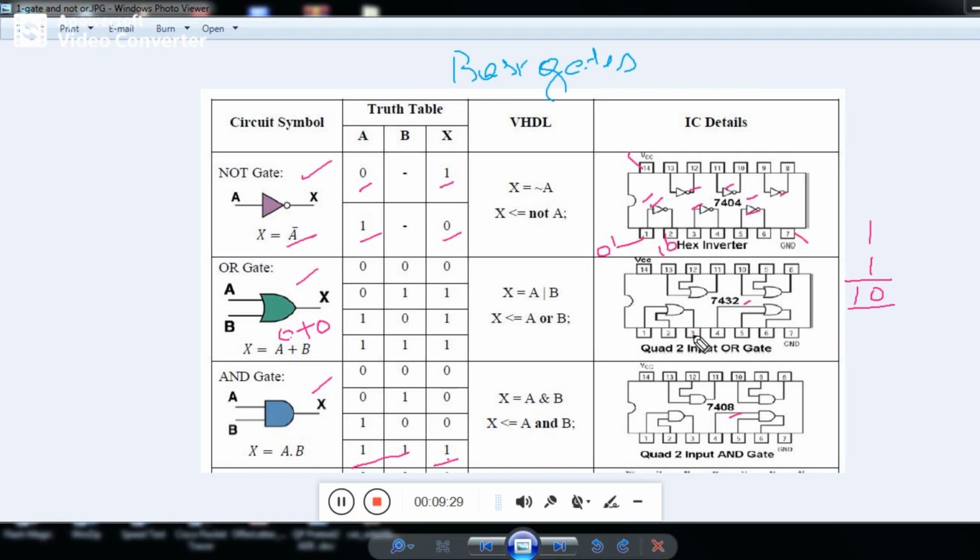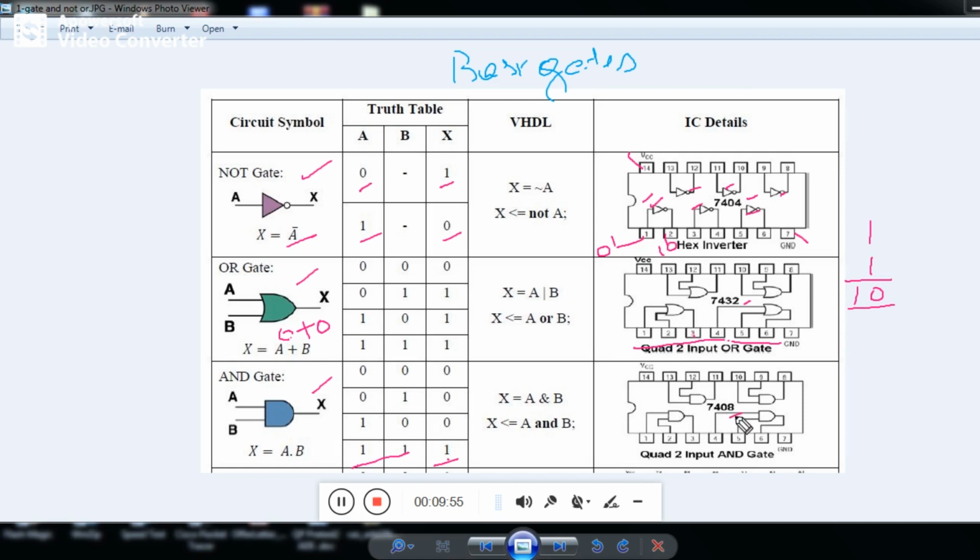You see here, you cannot change this. You have to remember this pin configuration. You can't connect 3 to input and 1 to output. It is according to the design specification, so you have to refer to the data sheet. You cannot use your own input and output. You have to remember this one. In the lab also you have to remember this, then only you can work in the lab.